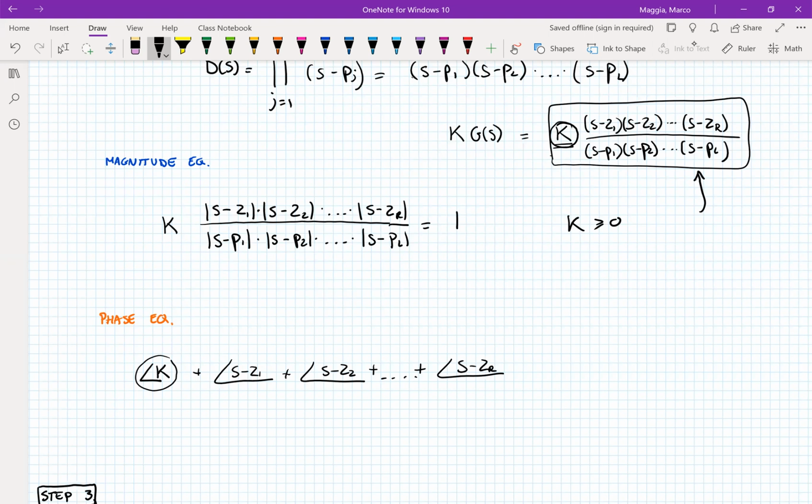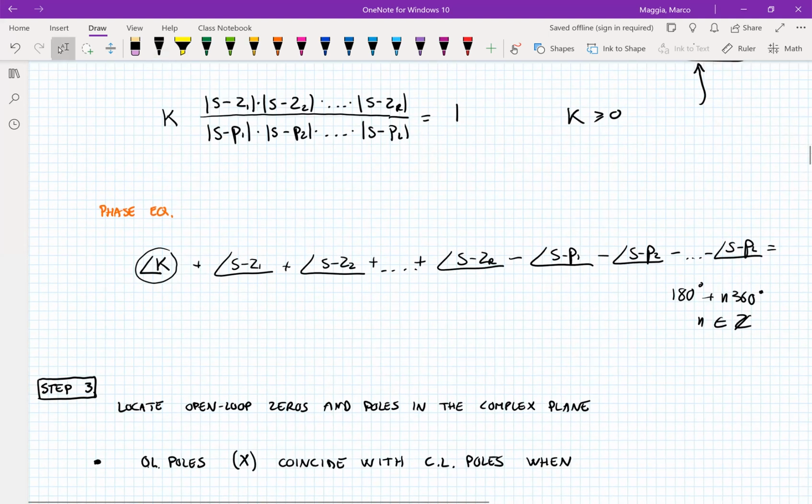And now the phases associated with the complex numbers at the denominator have to be subtracted. So we have minus the phase of S minus P1, minus the phase of S minus P2, minus all the way to the phase of S minus PL. And this has to be equal to the phase of minus 1, which we just saw has to be equal to 180 plus n times 360 degrees, with n being an integer. We can already simplify something in the phase equation,